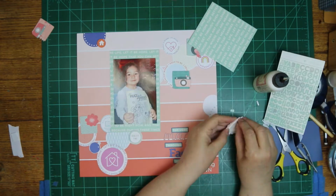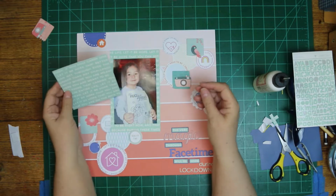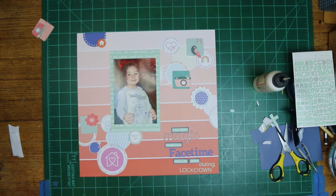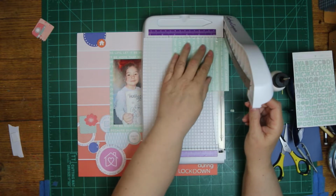And I'm just going to kind of scatter everything around there. And I thought about just using, I think it was the 2-inch punch to punch that out. And then I thought, oh, I'll have a different shape on here if I use the scallop. However, later I'm going to pull out